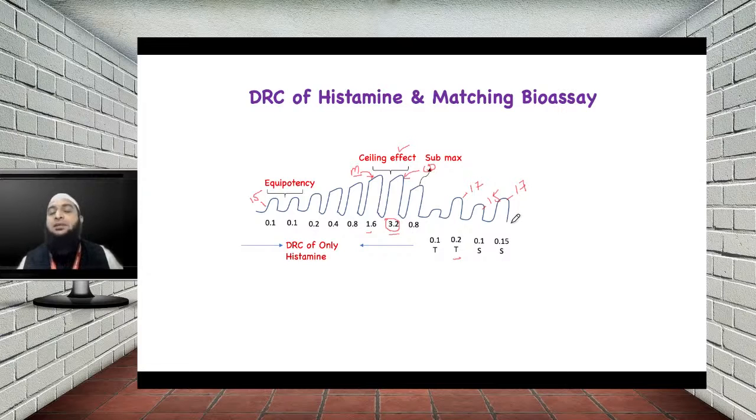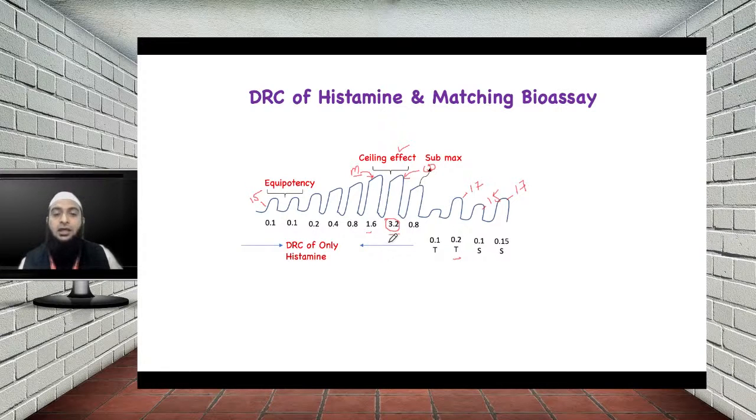Sometimes it doesn't match, sometimes you may get less or you may get more. Then in that case, instead of 0.15 you can use 0.12, you can use 0.13 or you can use 0.17 if you are getting the less height. So you can slowly increase the dose. So the ultimate purpose is that the response height of the standard must match with the response height of the test. Now once it is done, then you need to measure the response height, and now the bioassay part